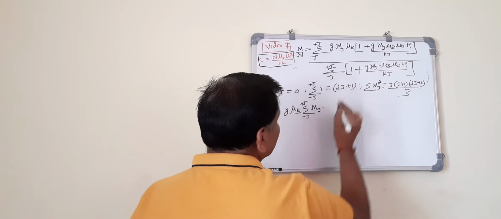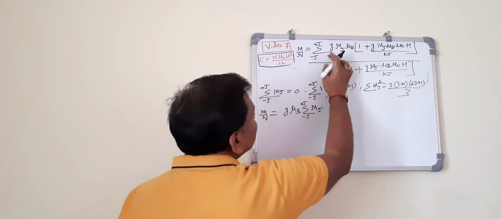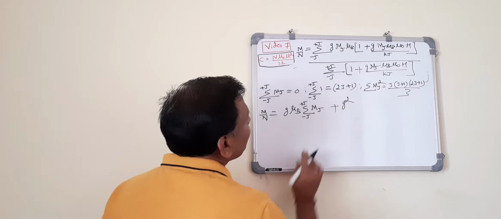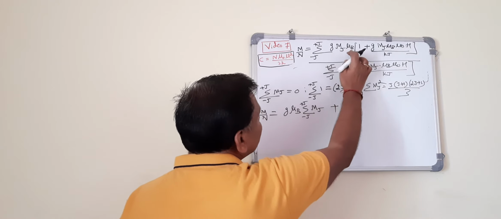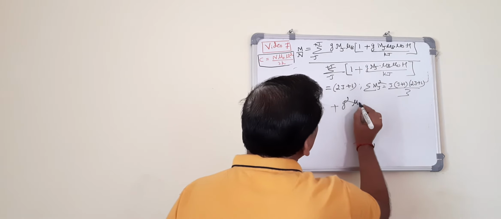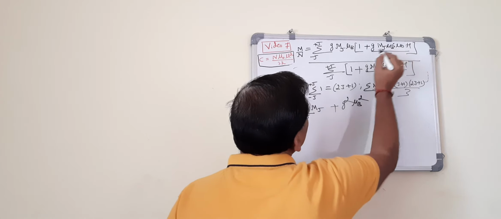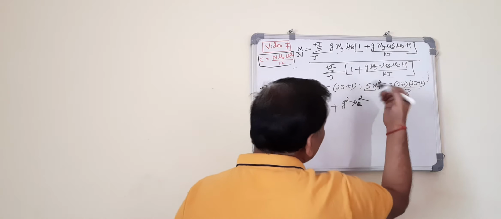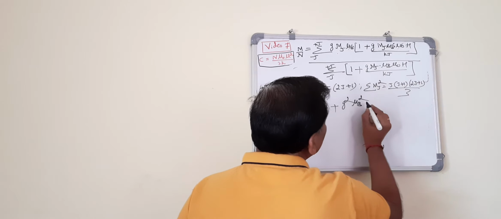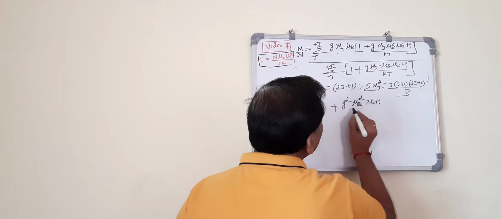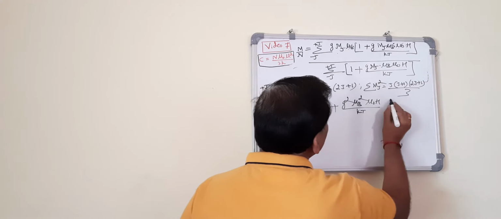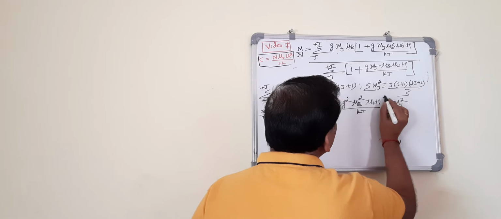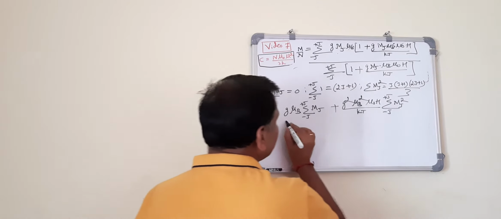Next, plus of this, g squared I am writing, mu B squared. This mj I will take later, and this is mu naught into H whole divided by kT, summation of mj squared from minus j to plus j, divided by